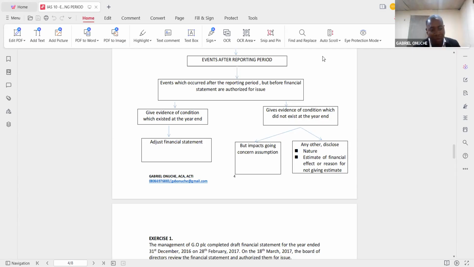If you look at the typical financial statement, I can open, I have a, it's confidential. If I open my company financial statement, you see where it is stated: the financial statement is authorized by the board. Although in my company it was audited, finalized. Every other adjustment, every other necessary thing has been looked into by the auditor before it is authorized. How it is being authorized by other entities, I don't know. Whether before audited or after audited, the standard does not make mention of that. I hope that answers your question.